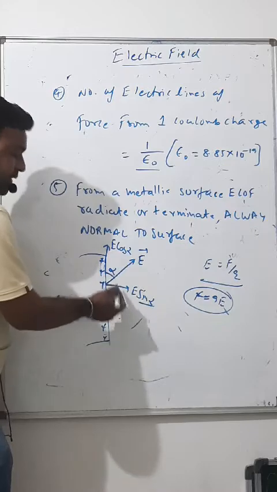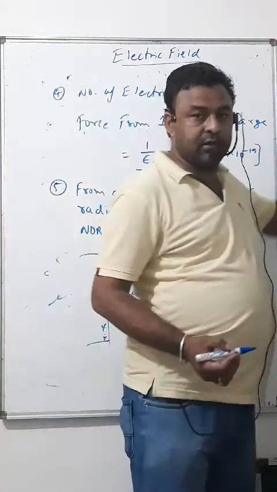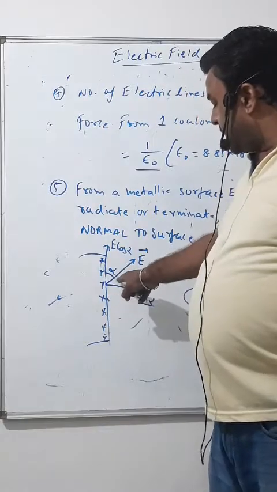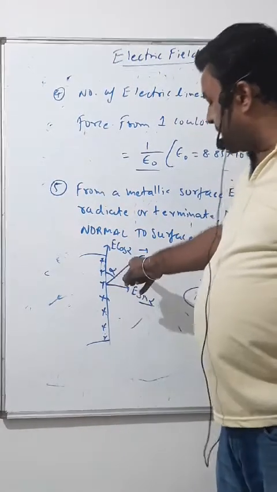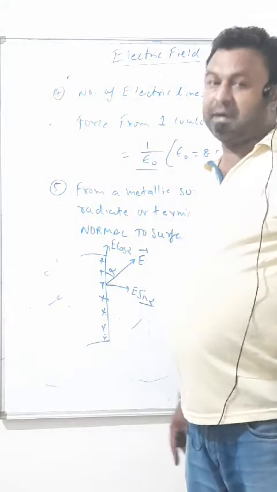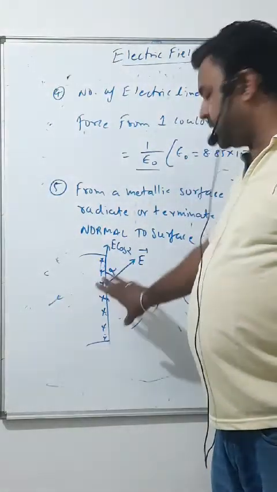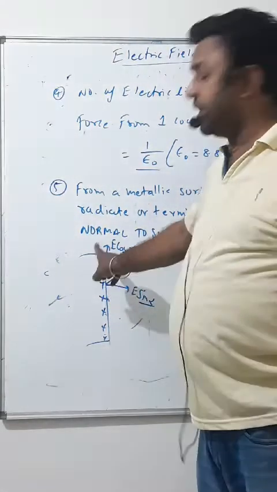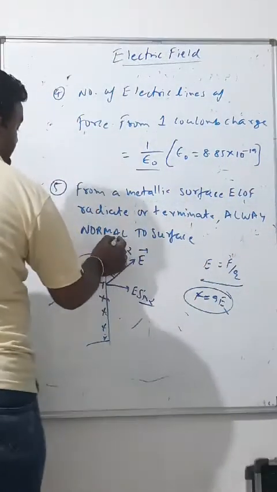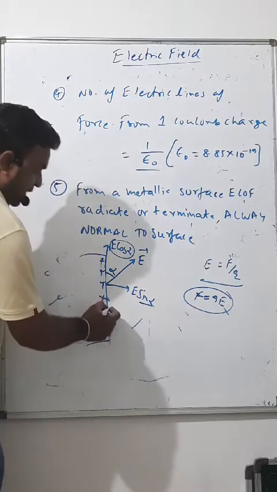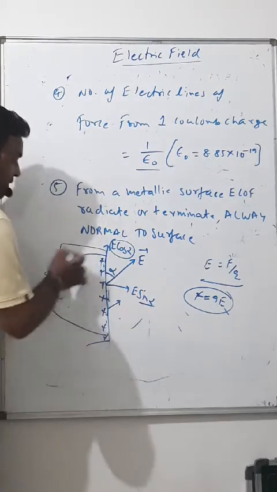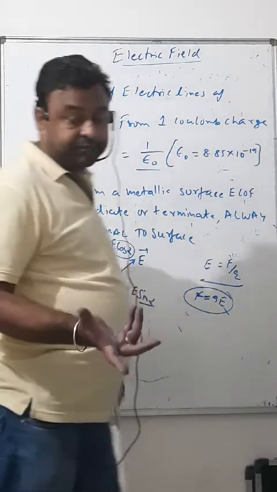Actually, this will happen at each point, right? It's not only for this point. At every point, there will be electric field intensity in any direction. At each point, there will be a component, E cos alpha, parallel to the surface of the metal. And the perpendicular one won't do anything. Now, if there is free charge on the surface, then this E cos alpha will exert a tangential force. So, this metal as a whole will have a surface current.